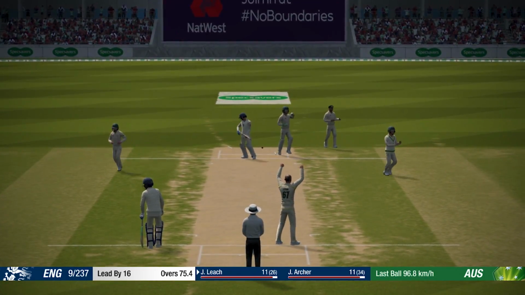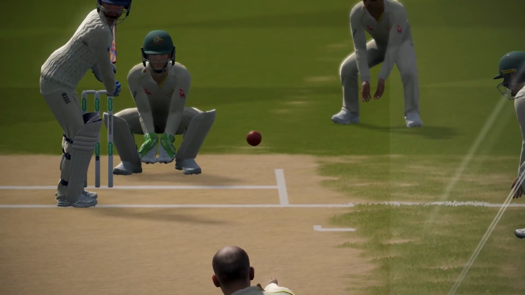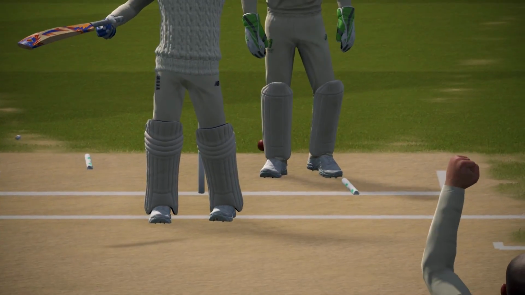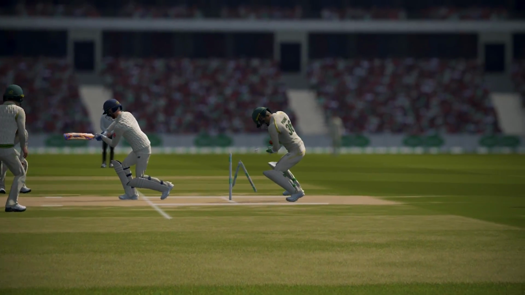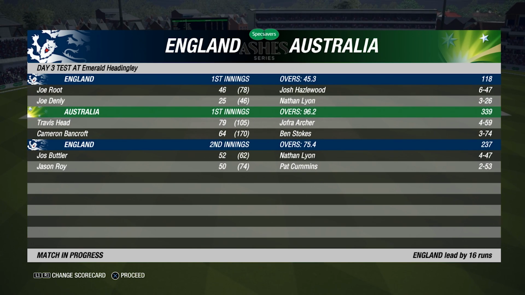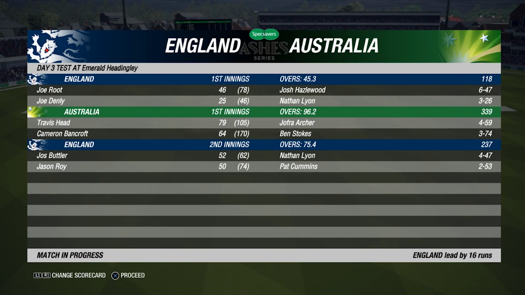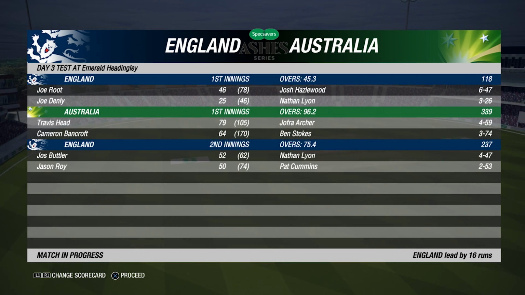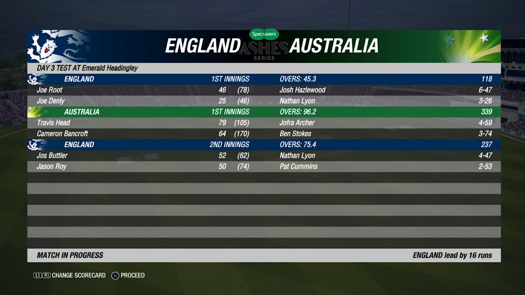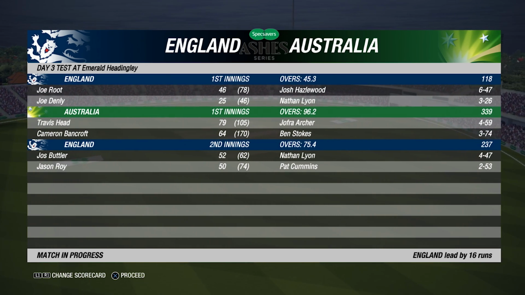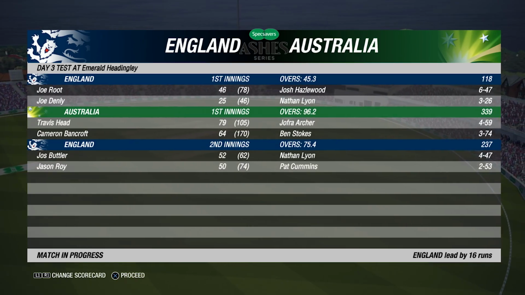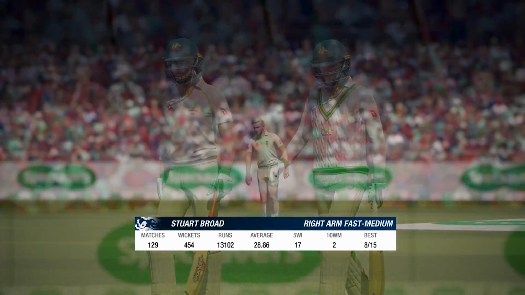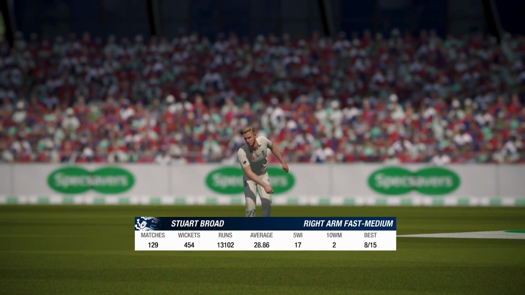There it is. Clean bowled him. Jack Leach has not done too kindly to Nathan Lyon so far in this series. Goodbye to his middle and off stump, which have just been absolutely knocked out of the ground there from Nathan Lyon. So the total Australia require to win this match, just 17 runs. He ended up taking 4 wickets in the second innings, Nathan Lyon. We said he was going to be a massive factor in this game. He's got 7 for the match now, as Australia just require 17 runs to win and take a 2-1 lead in this series here at Headingley, going into that 4th test match.